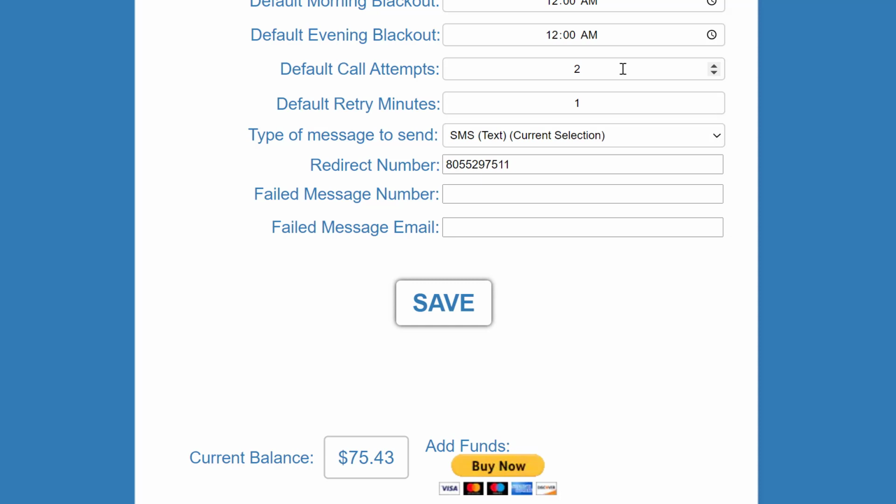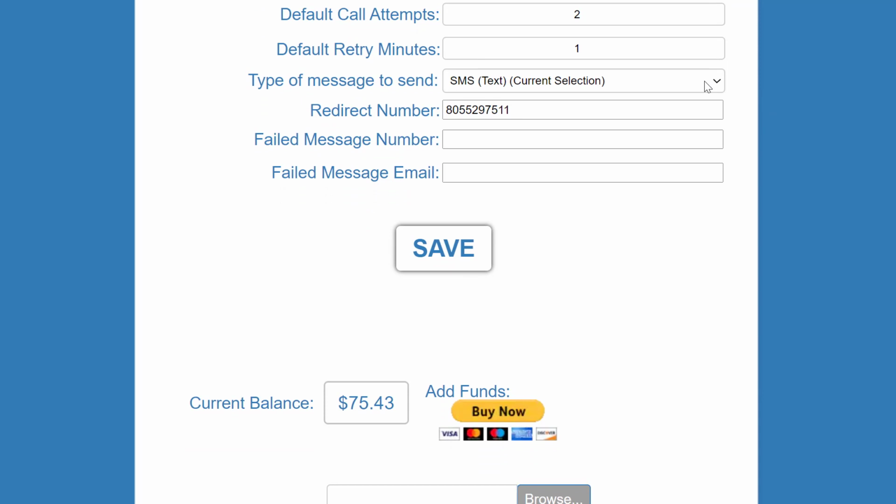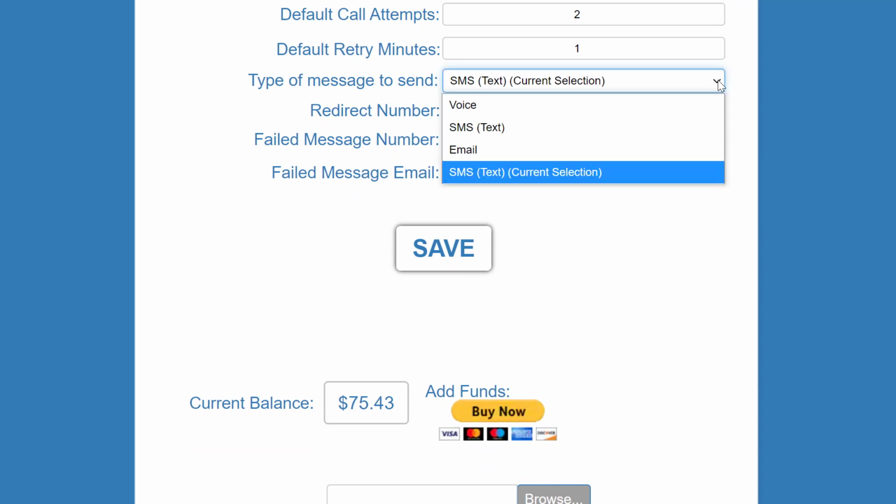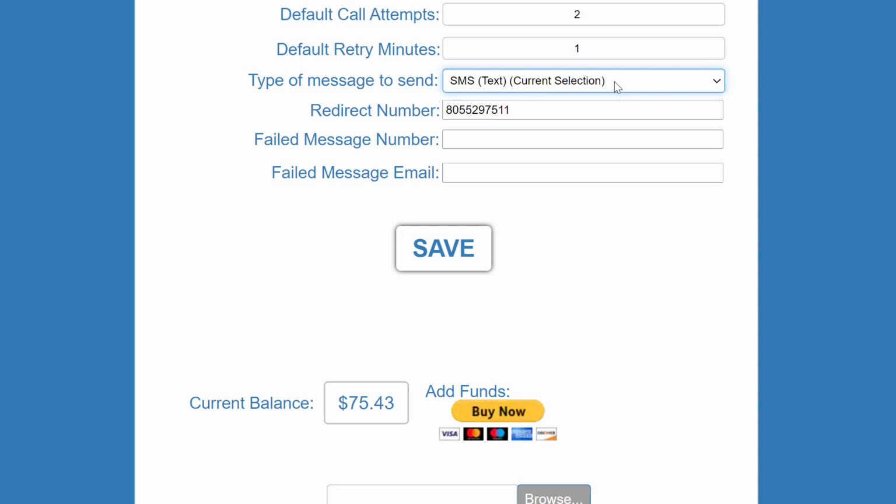Default call attempts is the number of times that we'll try the call before we give up on it. You just want to make sure that this is at least one. The number of retry minutes is the number of minutes between your first call and your second call if you have more than one call attempt. Then you do the type of message to send. So you can send SMS, email, or voice calls. So you select that. The redirect number is,